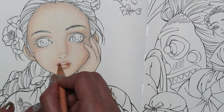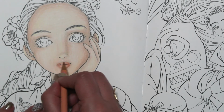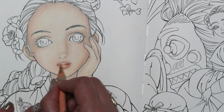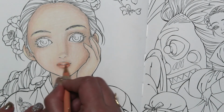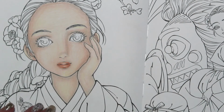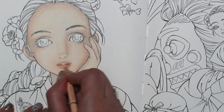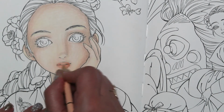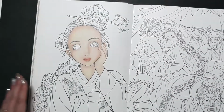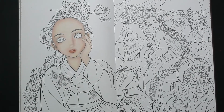Okay, then I'm going to take our cinnamon. And then that light flesh. Okay, let's zoom out and take a look and see if there's anything else we want to add on her. Oh, she's so pretty. Okay, I'm loving her. Let's, just for the fun of it, add some color in her